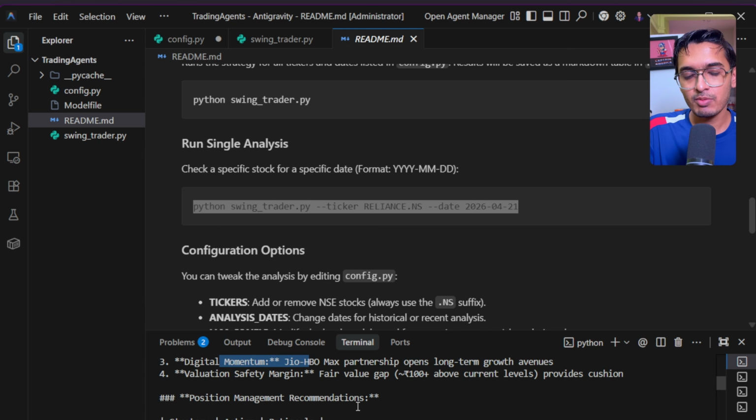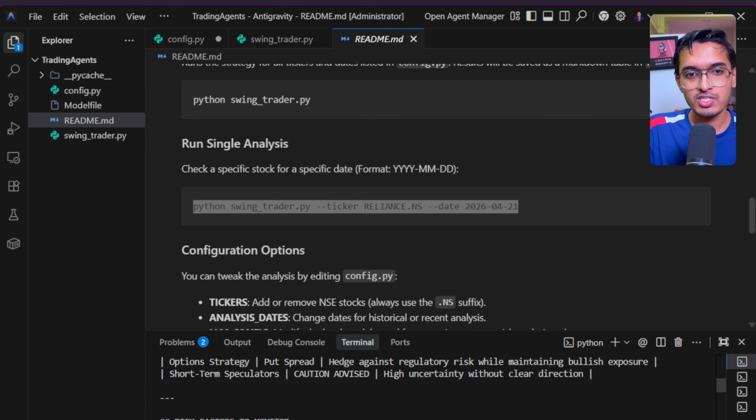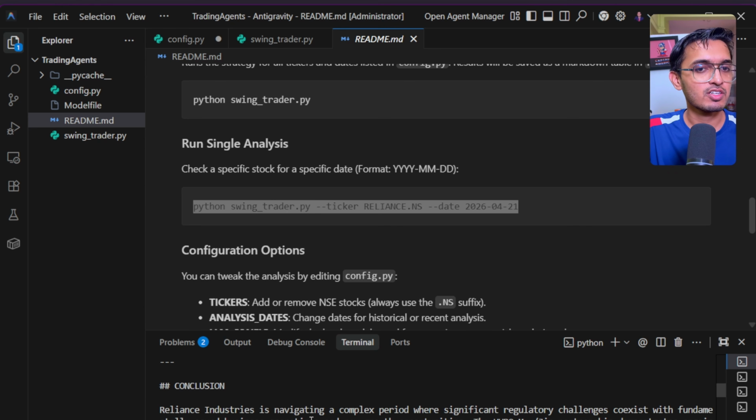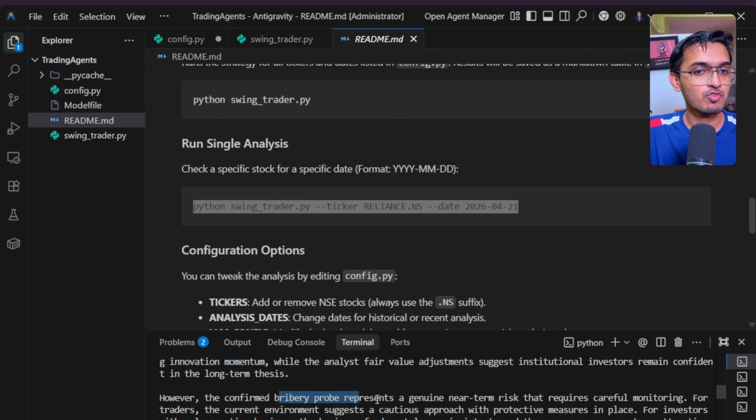Now it has given the recommendations basis the positive outcomes and the risk factors. And finally it has given a conclusion that it is navigating a complex period because there are some regulatory challenges, but there are some new growth opportunities as well. The HBO Max Jio partnership demonstrates growing innovation momentum, while the analyst fair value adjustment suggests institutional investors remain confident in the long-term basis. However, it is saying that the confirmed bribery probe represents a genuine near-term risk, which requires